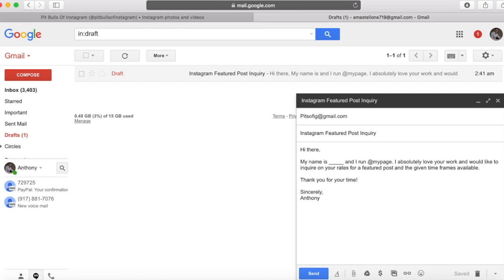Also make sure that when you write your emails, a big thing is that, let's say we wrote this also, how much would you charge for a 24-hour post, for example? Now, it doesn't have to be that question in specific, but my point here is that you want to end the email with a question. So it's a call to action for them to respond. Because if you leave off with a statement, it's going to be a very stagnant email. It's going to be a little bit more difficult, and they're going to be less enticed to reply to your email. So make sure you do end off with a question or a call to action